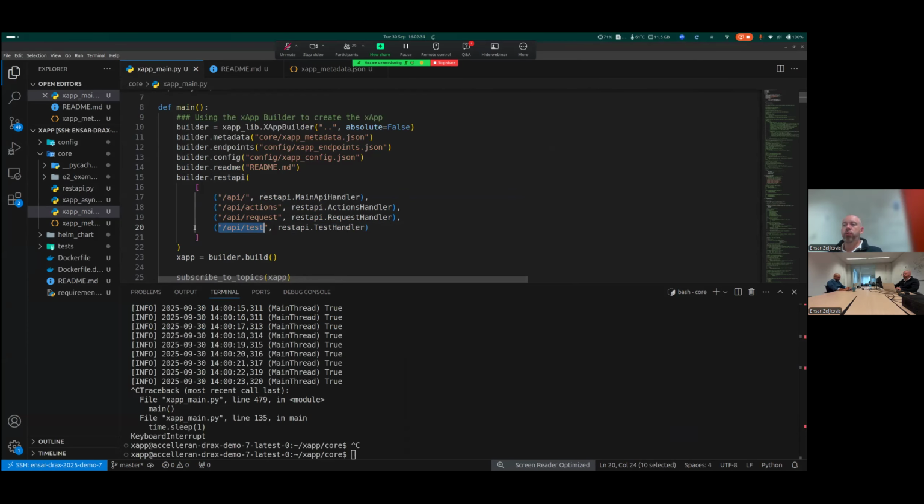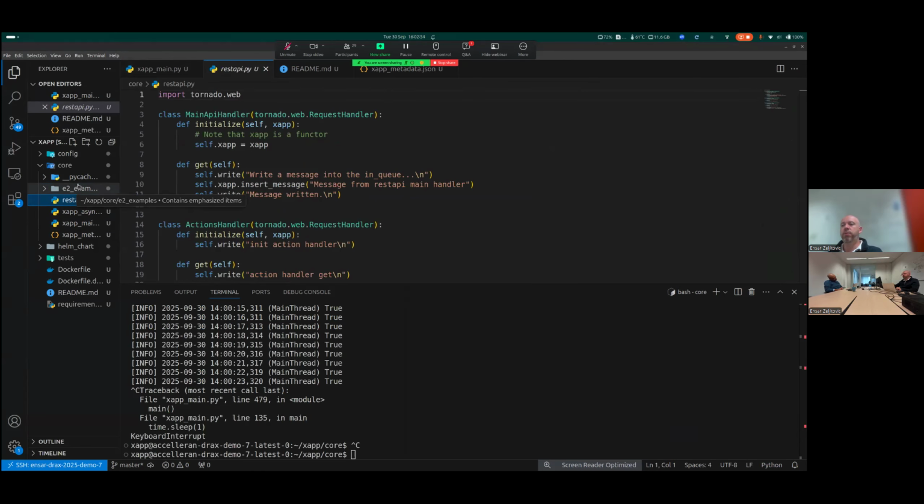So what do we need to do? Basically, here we've defined it. The SDK will take care of making sure that this new API is registered and so on. The only thing is we have to create this callback function to give it some functionality. So we will open this REST API.py, which is where we define them. As you can see, we import the Tornado framework. It's one of the Python frameworks for APIs, and we use that one. It has its own documentation, so feel free to explore that in order to customize this even further.